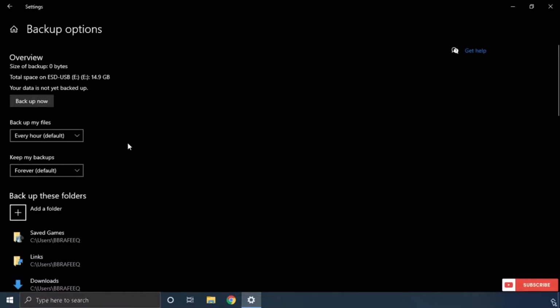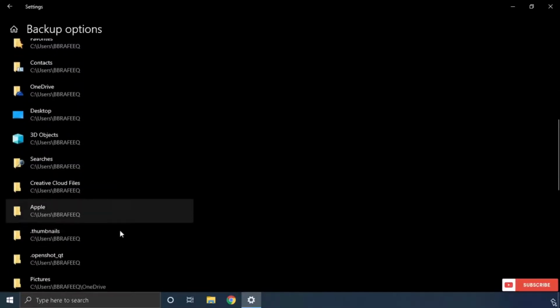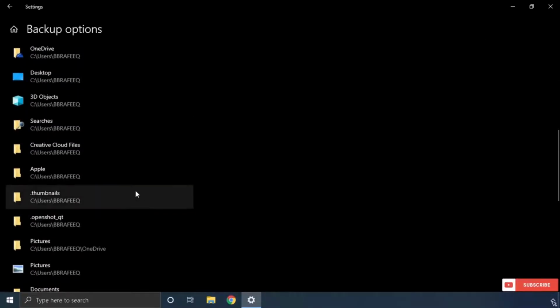By default, File History will be set to backup important folders in your user account's home folder. This includes the desktop files, documents files, download files, music files, pictures files, and video folders.